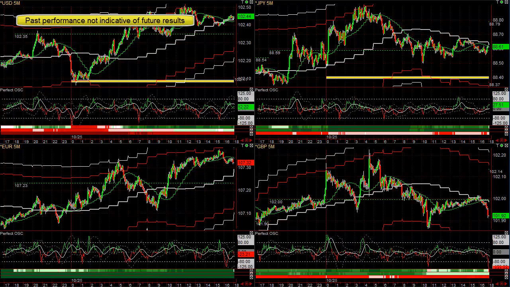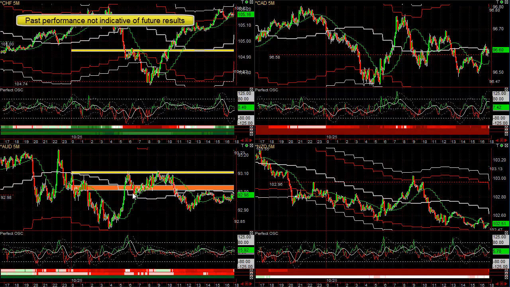Most of the time, price does not go beyond our containment bands. So when it hits the lower bands, likely to bounce. When it hits the upper band, likely to bounce down. You can see here, down, down, down. I mean, it's an extremely accurate tool. Every once in a while, it'll go slightly through it, like you can see here. But the majority of the time, price hits it and either goes sideways or bounces, as you can see here